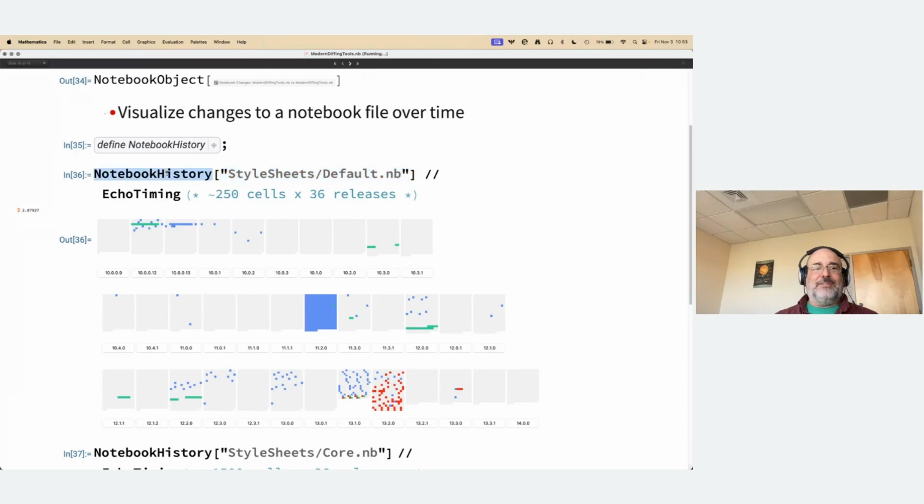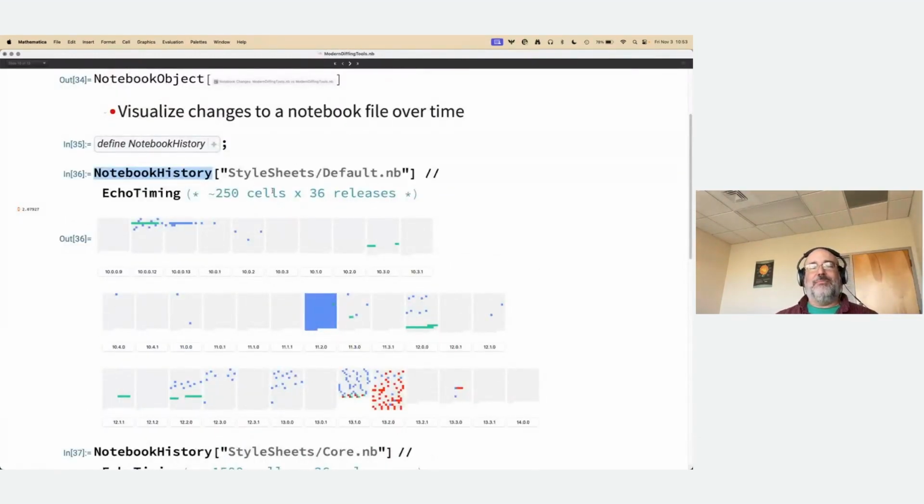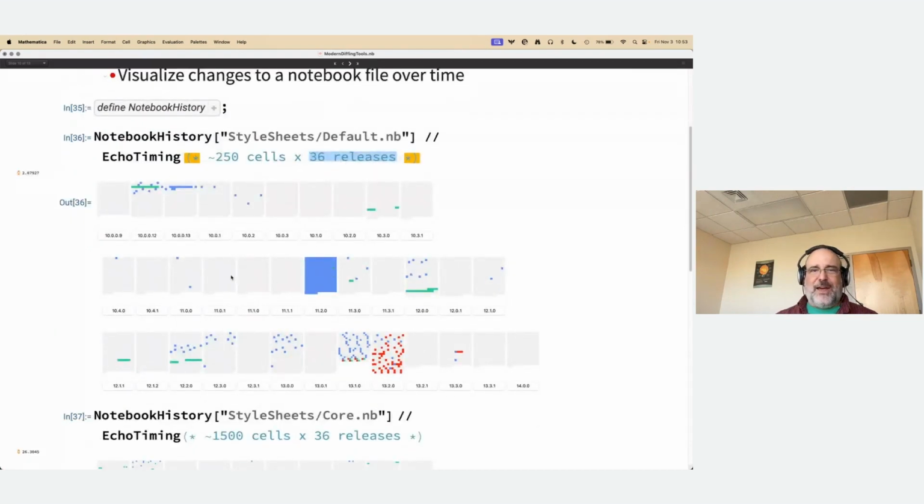This notebook history function is just a utility I wrote that extracts these files from source control and then compares them pairwise with one another. Default is about 250 cells. I've chosen to go back about 30 odd releases, or at least waypoints in our source control system. All those diffs took about 2 seconds in total to run,